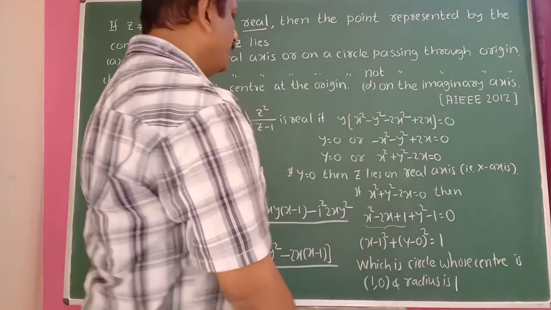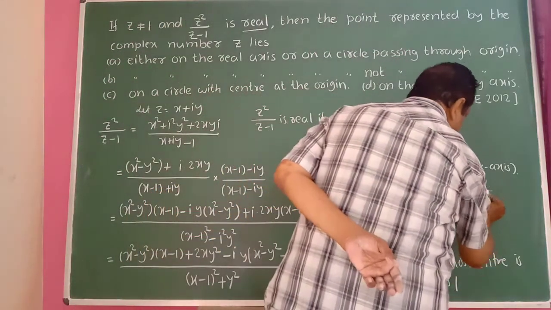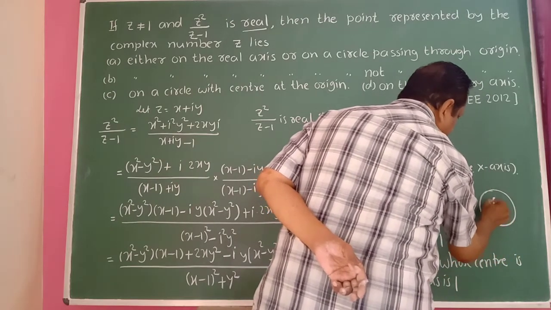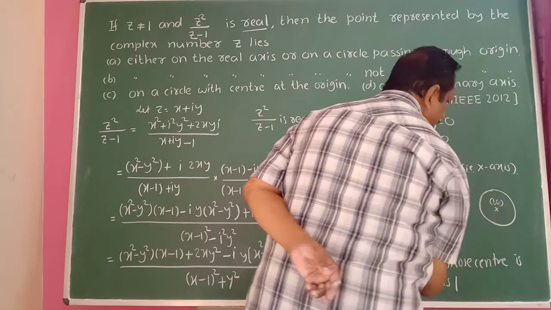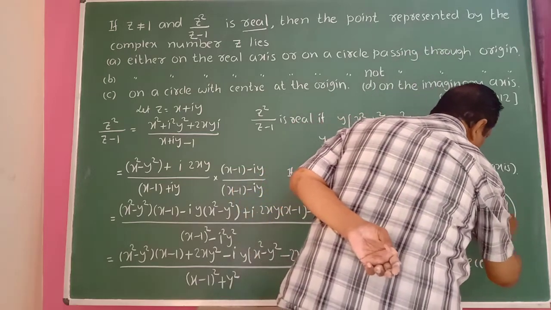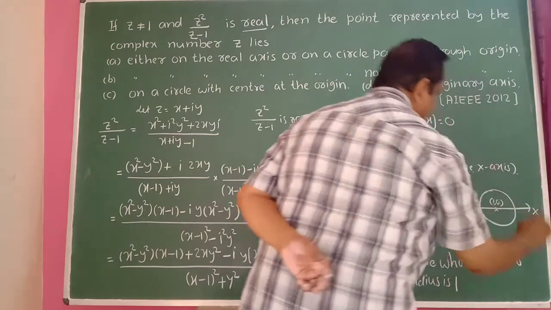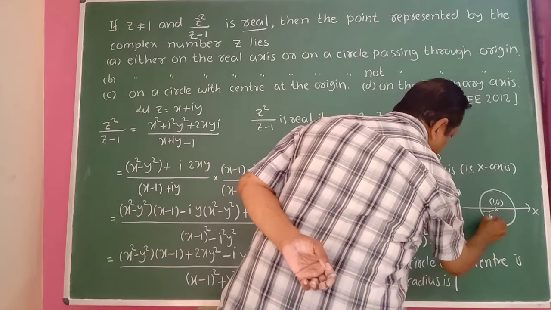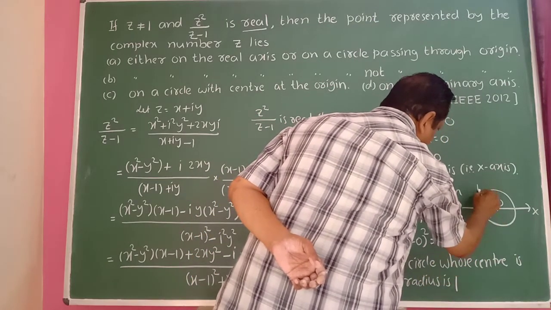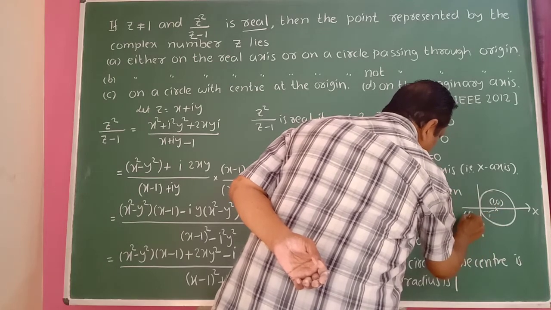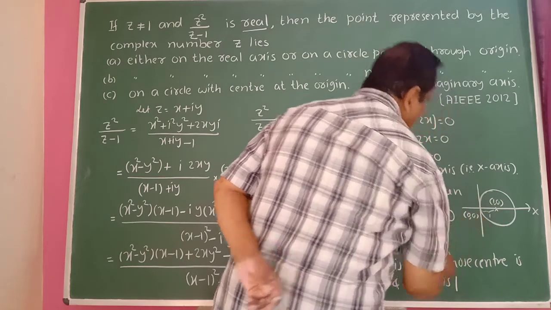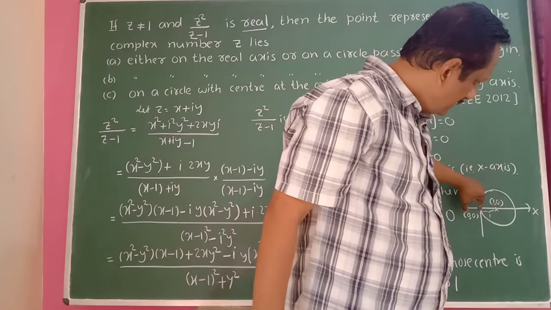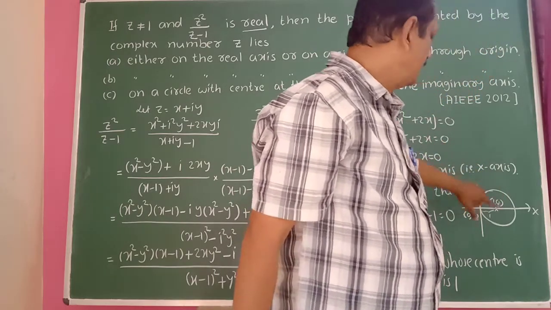Okay. Then obviously just observe here, here is a circle. So center is 1 comma 0. Obviously the point lies on the x-axis here, and the radius is 1 unit. So radius is 1 unit means obviously the circle passes through the origin. Center is 1, 0, radius is 1 means the circle passes through the origin here.